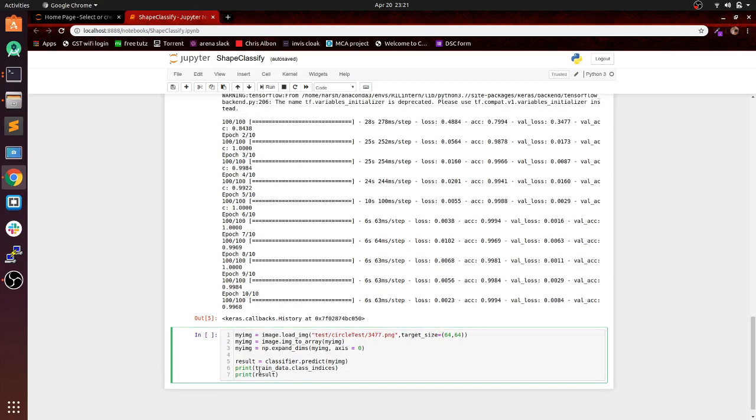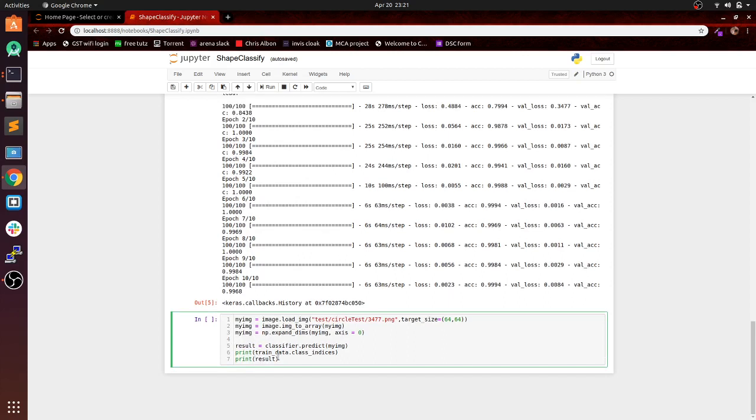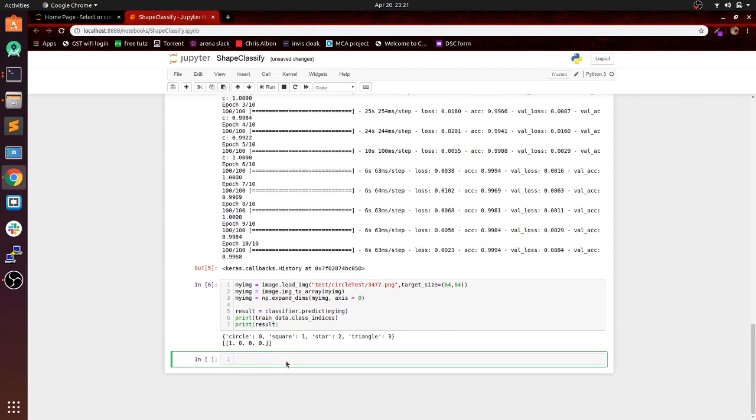We'll be printing result just after we print the indices of the trained data. So these are the indices. Circle is 0, circle is the first one, next is square, then star, then triangle. As we can see the output, the model gave circle 1 and the other columns 0.